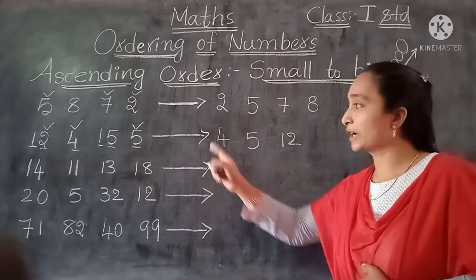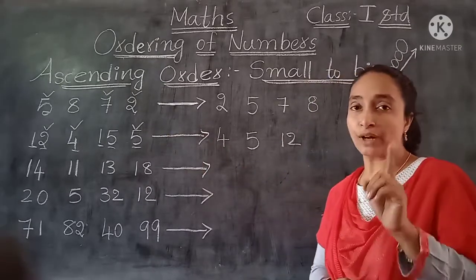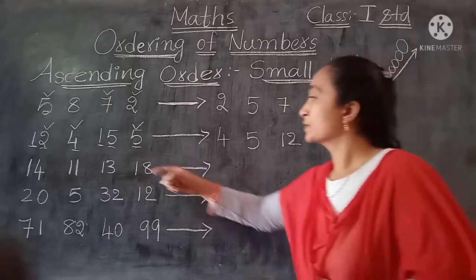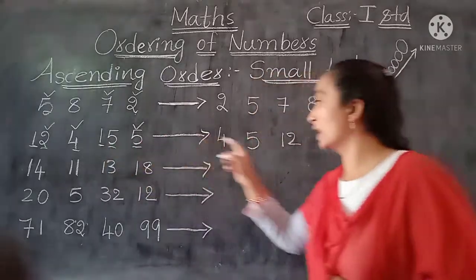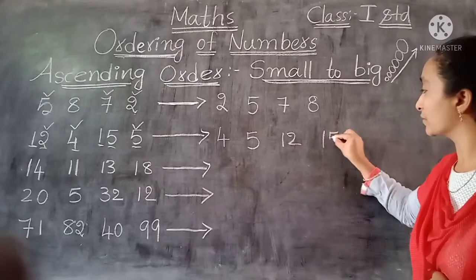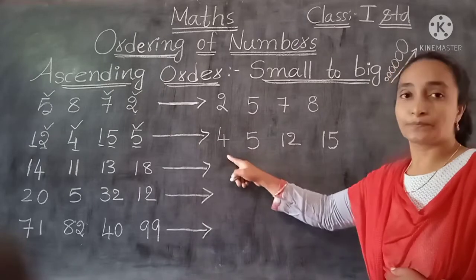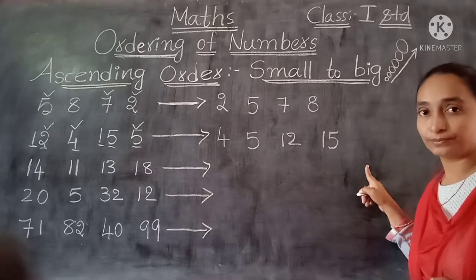3 already completed. We have given the tick marks for the 3. So one number we didn't give the tick mark. That is one last number, the leftover number. So this is the bigger number here: 1, 5, 15. Here we can write. So children, here we have completed small to big order.